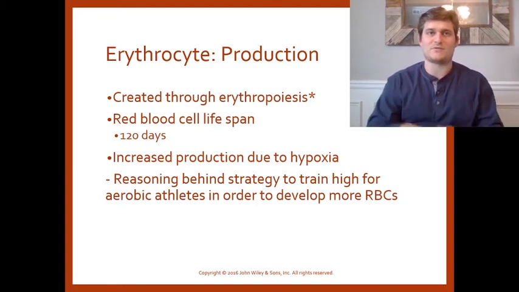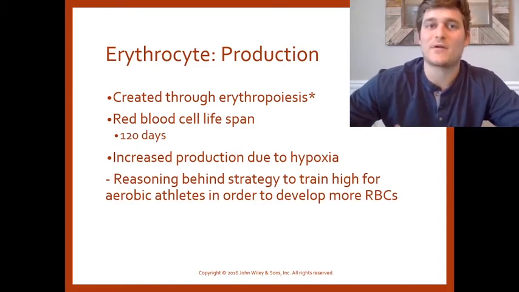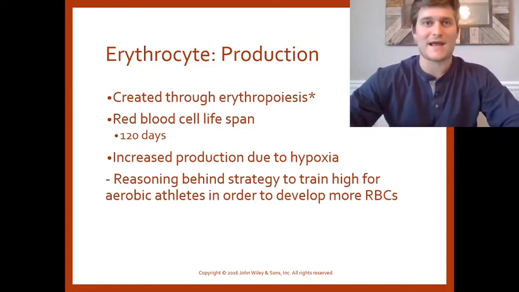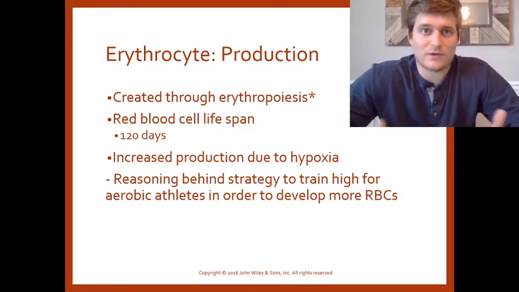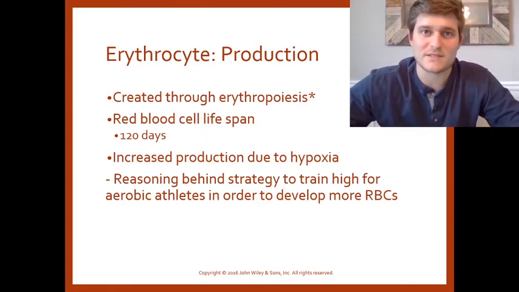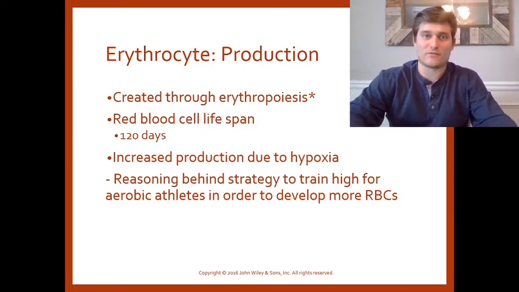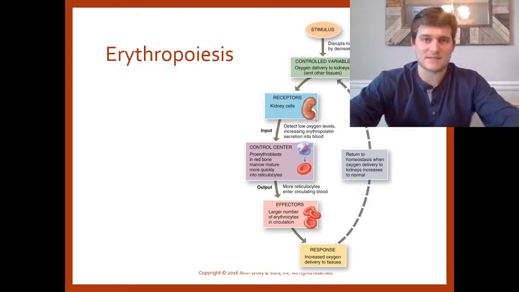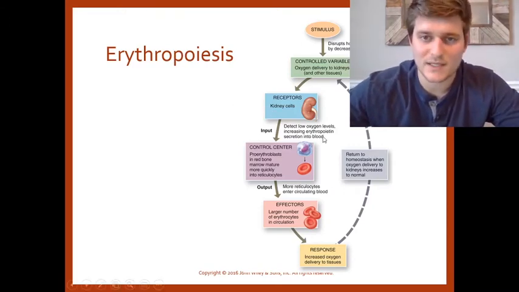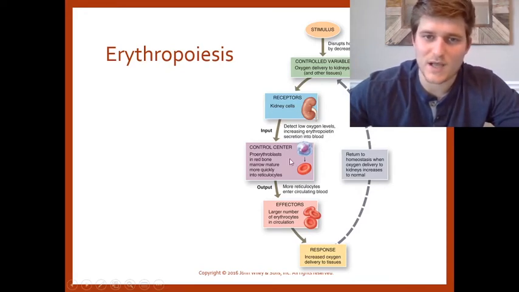And at altitude, you are going to have more red blood cells that are produced. And this increases the oxygen carrying capacity of the blood. And if you're an endurance athlete or an aerobic athlete, you are going to want that. That's going to help benefit your performance. And so many coaches have a strategy of either training or residing athletes at these higher altitudes in order to improve their aerobic performance. The triggering of this response again starts with low levels of oxygen that is picked up by the kidneys, and then erythropoietin is going to signal the